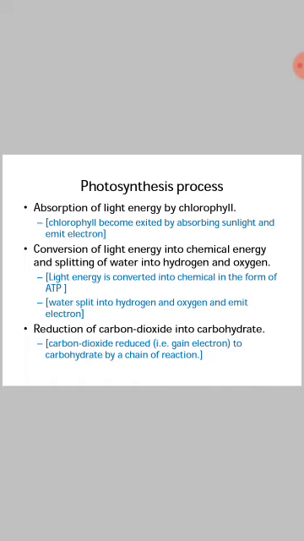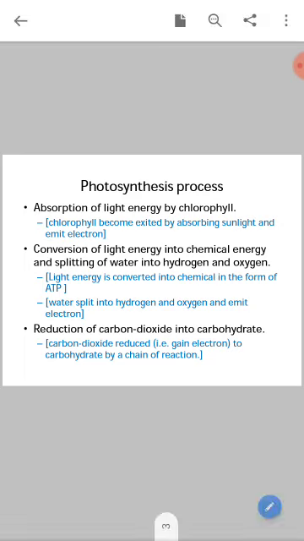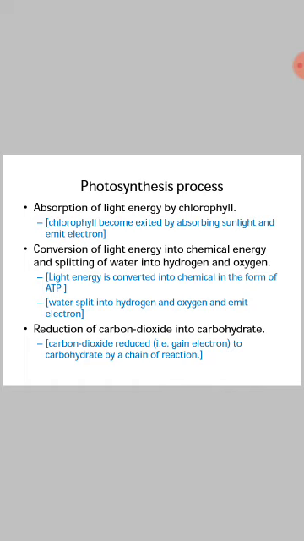Now the second part of this step is splitting of water into hydrogen and oxygen. The splitting of water always happens in the presence of sunlight. The sunlight coming from the sun splits the water into hydrogen and oxygen and emits electrons. Water is made up of hydrogen and oxygen, so if we remove electrons from the water, then the water molecule can be divided into hydrogen and oxygen. Here it is actually molecular oxygen. That molecular oxygen comes out from the tree into nature through the pores, the stomata.